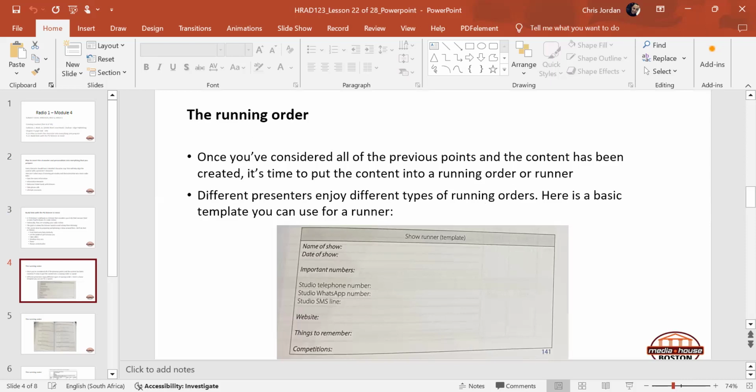All right, my throat. Okay, so once you've considered all of the previous points and the content has been created, it's now time to put it into the running order. So, in other words, the prep sheet. Different presenters enjoy different types of running orders. I learned and am comfortable with mine, which doesn't have any,